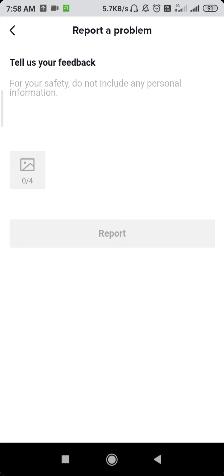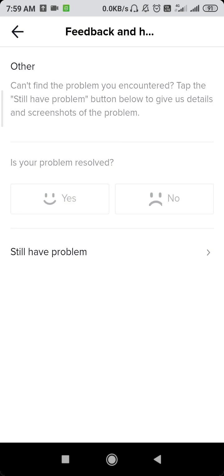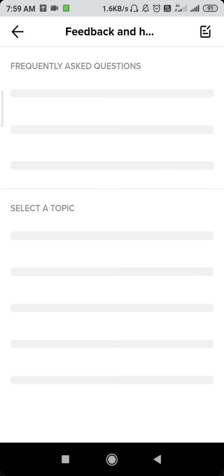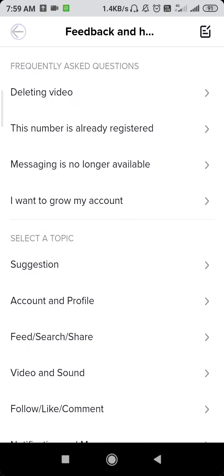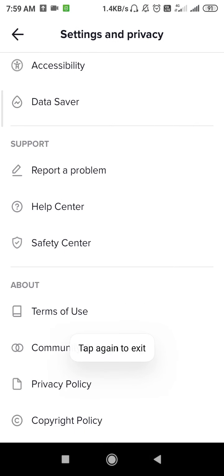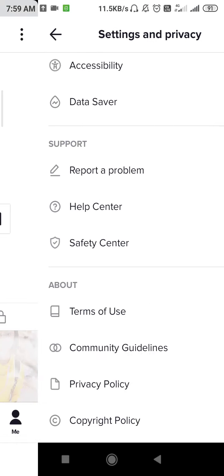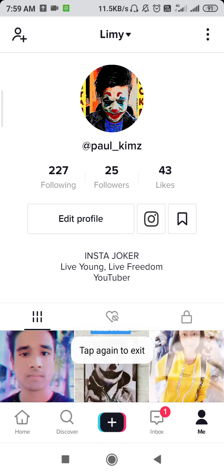So whatever problem you are facing regarding the my sound, you have to report here. Okay, report here, and then guys, you can send a report by tapping here on the bottom report option. Okay, so just report it, and guys, your problem will be fixed just within 24 hours. Sometimes the problem gets fixed sooner. So you can report it, and after all the solutions guys,